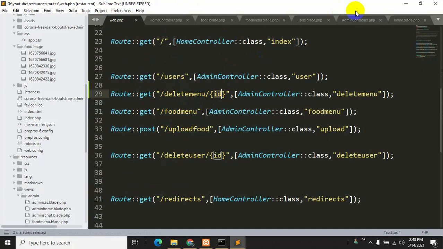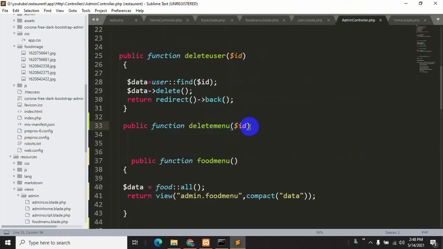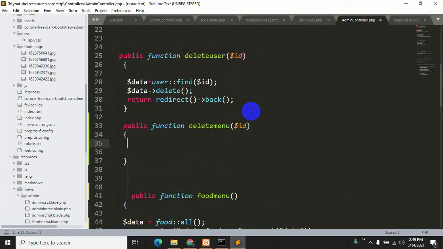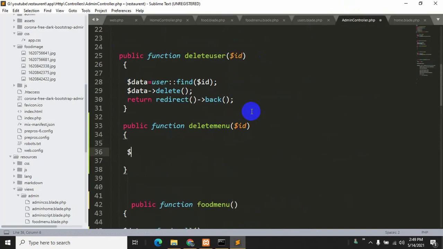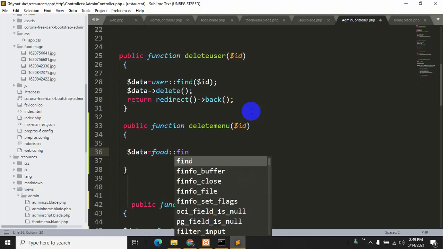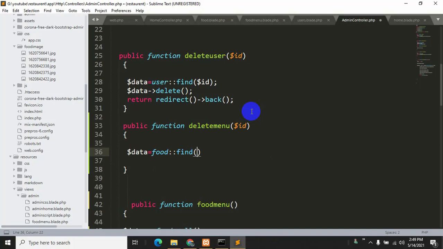This id will be sent to our over here. Now we will say second bracket, and inside it we will declare a variable $data is equal to, we will say, sorry, not user, food, which was our database name. Then we will say find id, $id. So it will find the specific id.